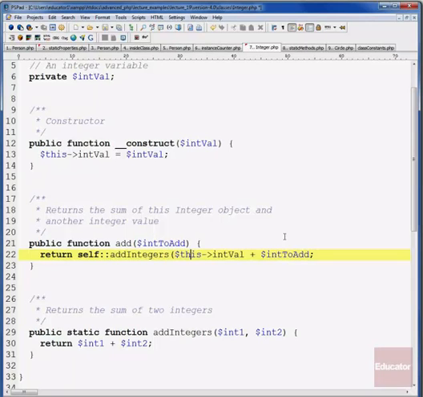and then in this case we would pass it two values because it's a function that takes two integers. We're going to pass it the integer value of this particular instance of the object, and then we're going to add to it the integer that we pass in to this add method. Now when we go ahead and run our script, we're going to see the same thing as output,